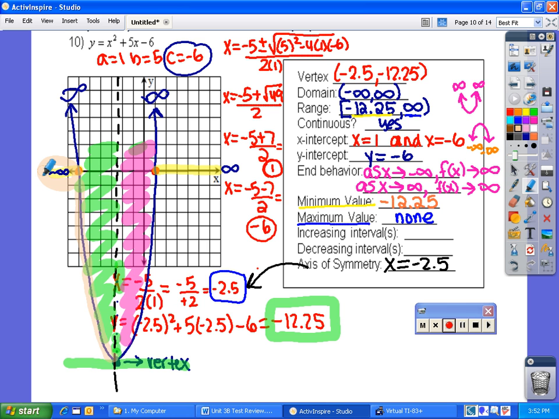Now, as I go to the left, the x values are getting smaller and smaller, because the x values started here at negative 2.5, and now we're at negative 3, negative 4, negative 5, negative 6, so the numbers are getting smaller on the left. So the numbers on the left-hand side are getting smaller to negative infinity. That means that this side, the answer is negative infinity